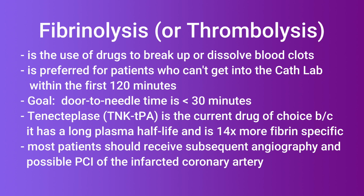The best fibrinolytic agent is tenecteplase, TNK-tPA, which is the current drug of choice for current MI as a genetically engineered multiple point mutant of recombinant tissue-type plasminogen activator because it has a long plasma half-life and is 14 times more fibrin-specific than streptokinase. If fibrinolytic therapy has been chosen as the primary reperfusion strategy, most patients should receive subsequent angiography and possible PCI